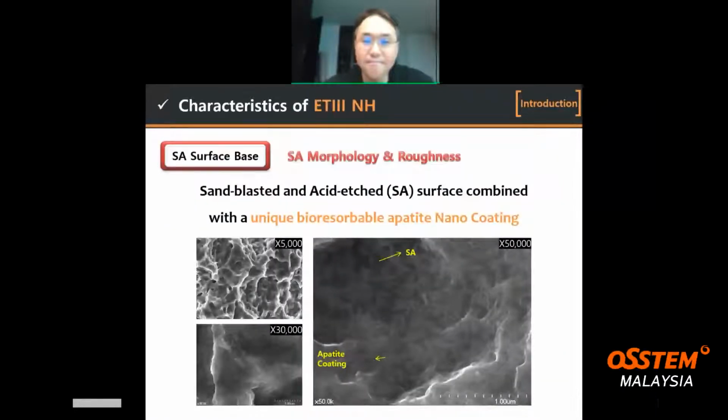Basically, this ETIII-NH implant has an SLA surface base. The basal surface of this ETIII-NH is an SLA surface. But after making the SLA surface implant, a unique bioresorbable apatite nano coating was done. As shown in this slide, you can see this black area. Black area means SLA surface, and the gray color means hydroxyapatite coating. Unlike HA coating implant, this ETIII-NH implant has base